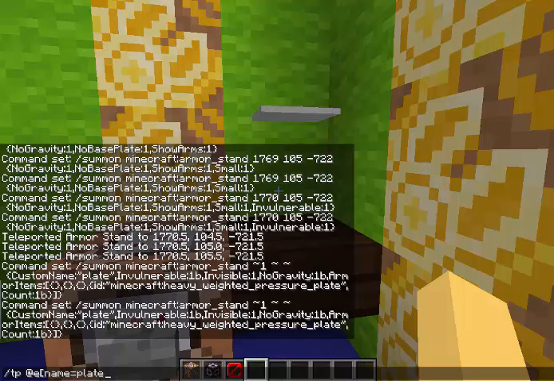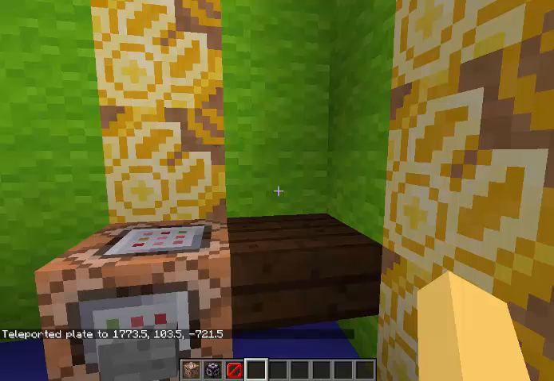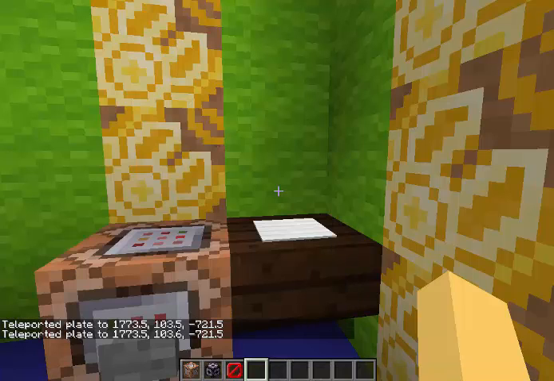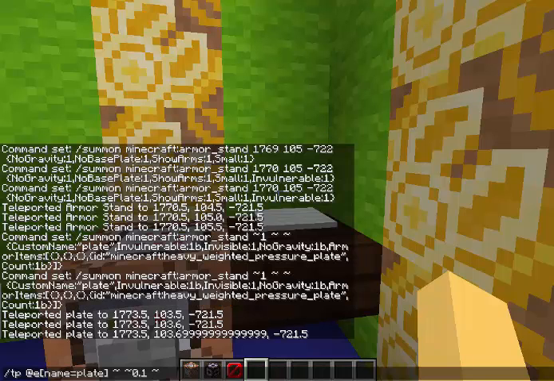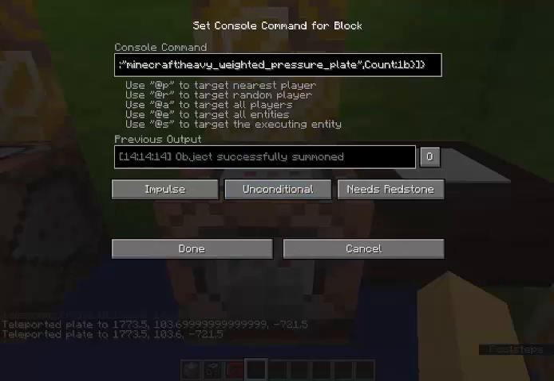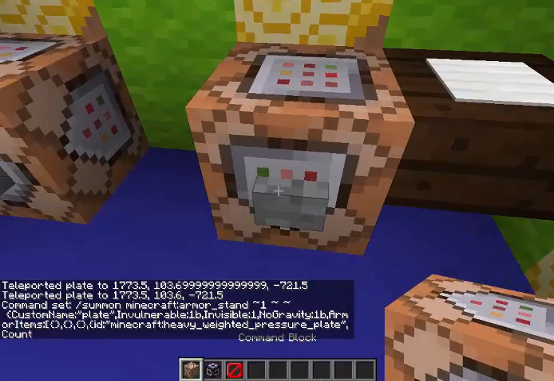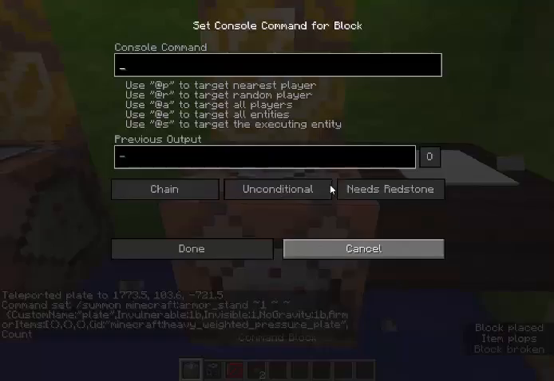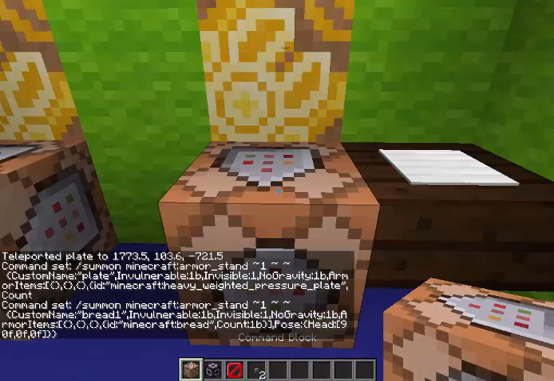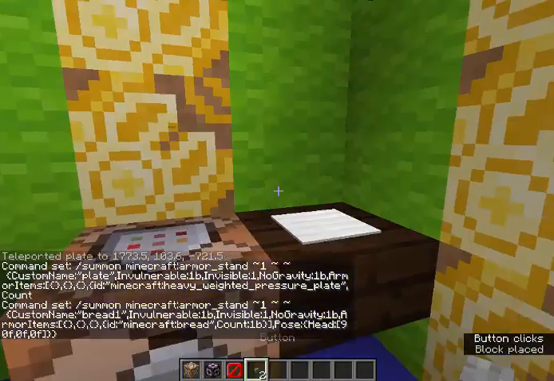Name equals plate. And this is basically how you adjust it. Probably go one more. No, it was pretty good where it was. That looks like a plate. So then if I wanted to have bread next, so I'll get rid of this. Here, I'll just break the command block. Let me just grab the button so it'll be easier. So this is basically how you can use armor stands to create,